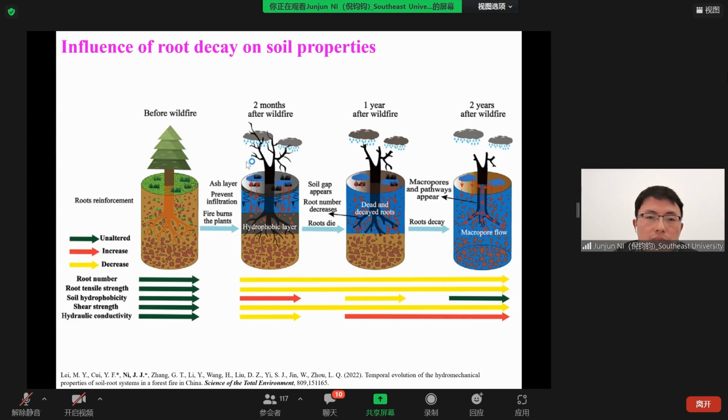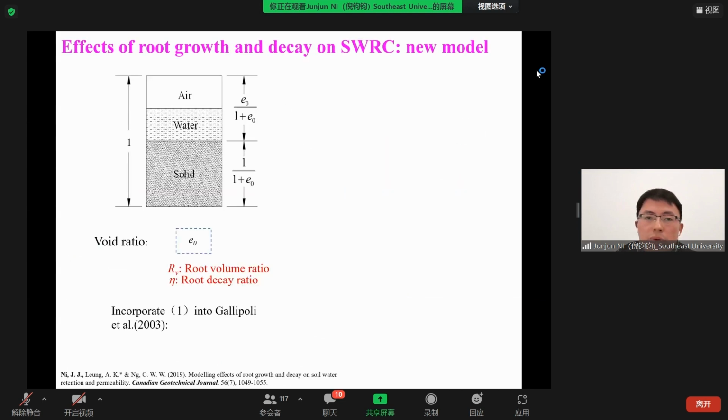But also in the densely planted case, root decay will induce some substantial changes in the root reinforcement and soil properties. In order to model this root decay,